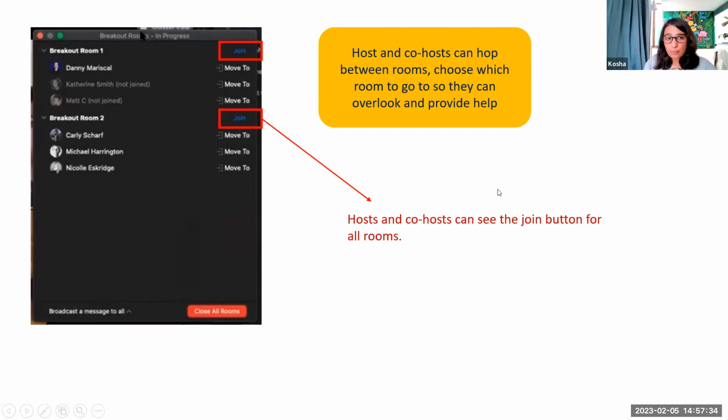So we have the option to do that. What we sometimes also do is we create one more extra room and we call it the green room. If there are multiple co-hosts who are organizing or conducting the workshop, then during the breakout room, all the hosts and co-hosts can meet in the green room and discuss and distribute, like, okay, one co-host go to room one, one co-host go to room 2,